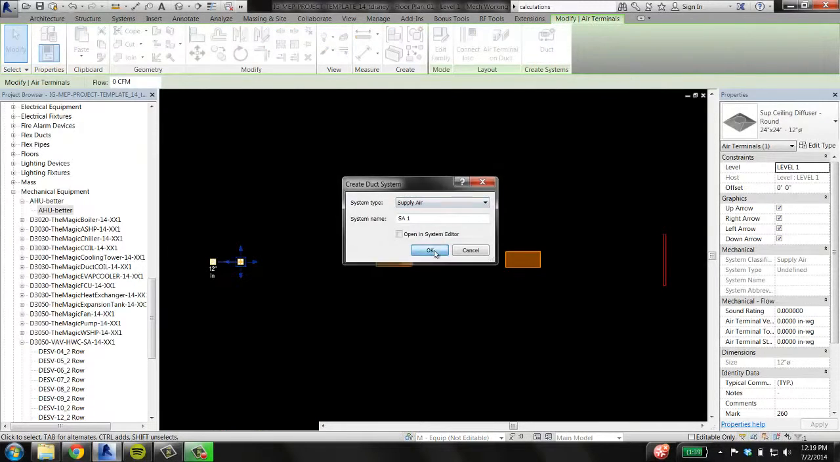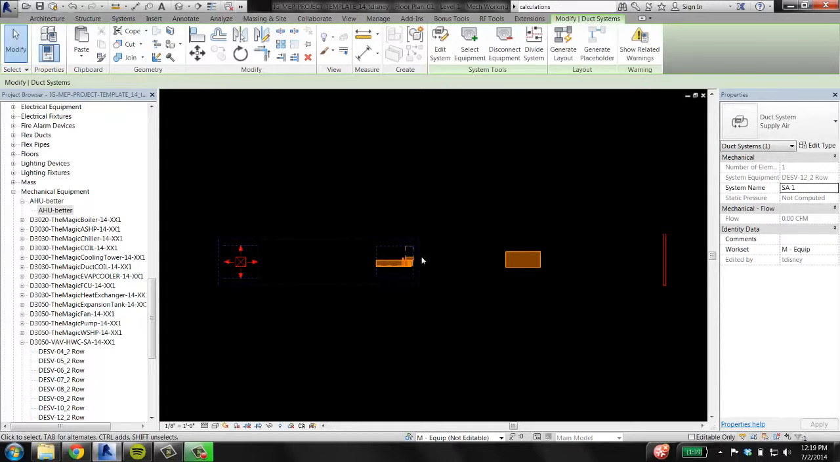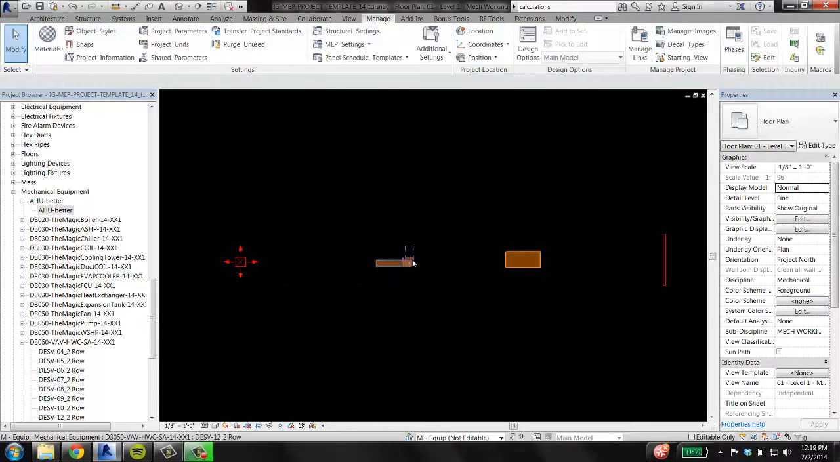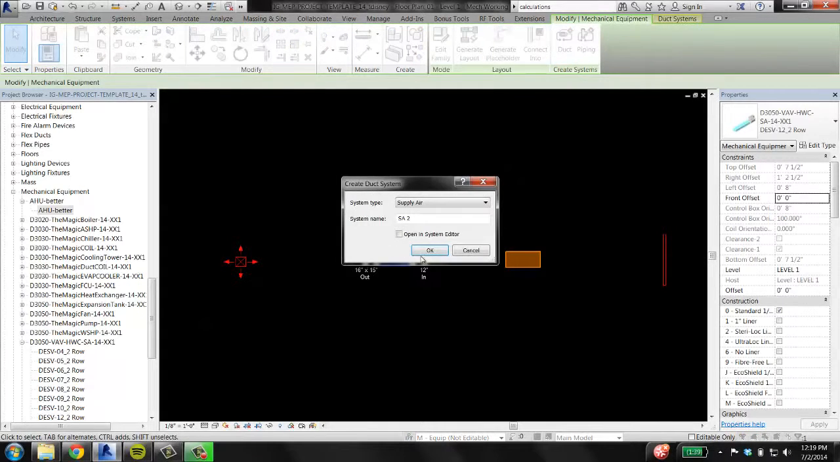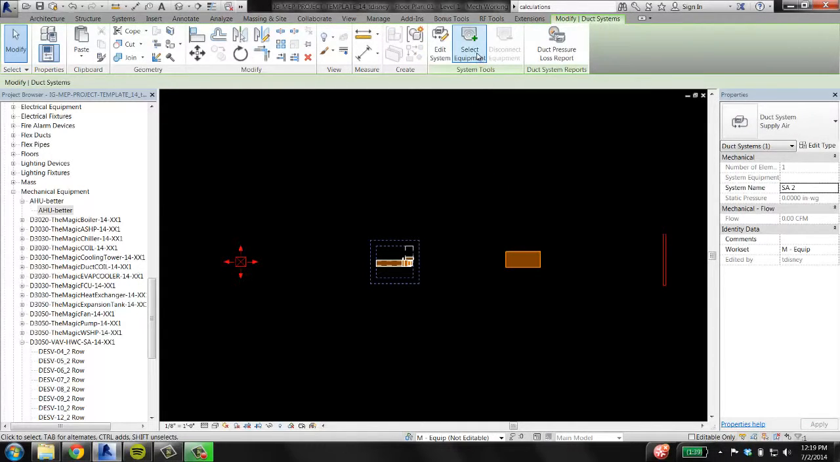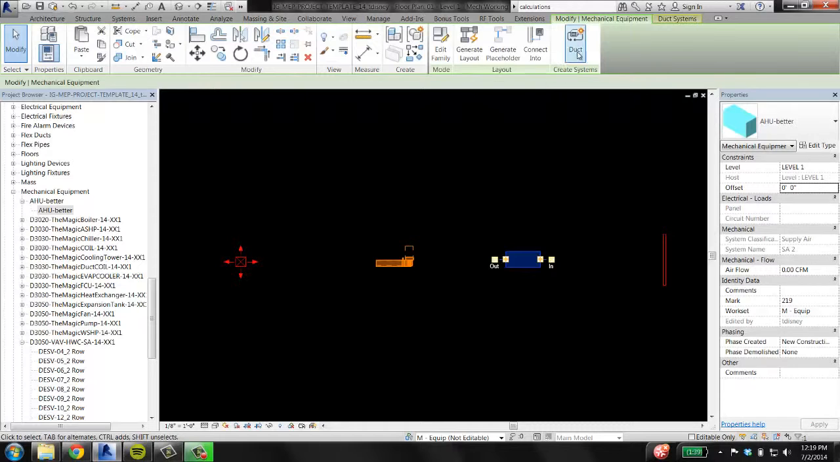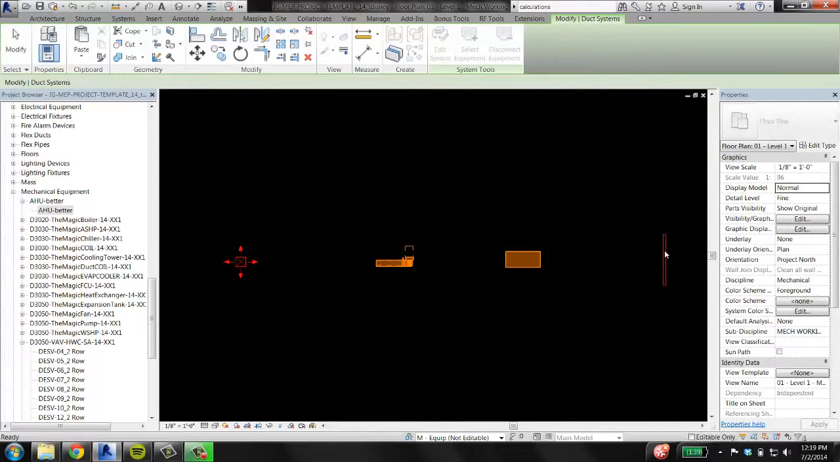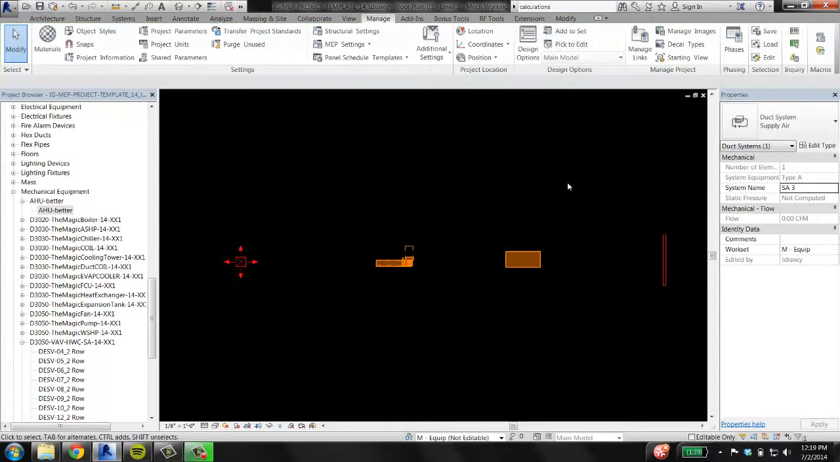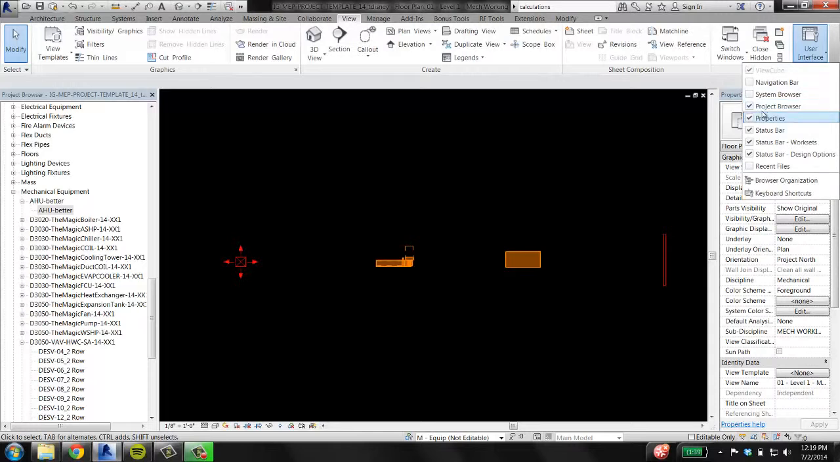duct. That's fine. I'm going to select equipment. I'm going to pick the VAV. Then I'm going to click the VAV, say create a new duct system. I'm going to select its equipment to be the air handler. And then I'm going to select the air handler, say create a duct system, and its equipment is going to be this guy. So if we go to the system browser,